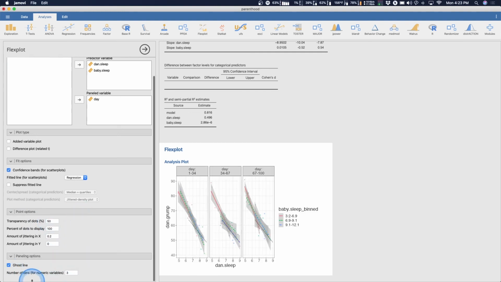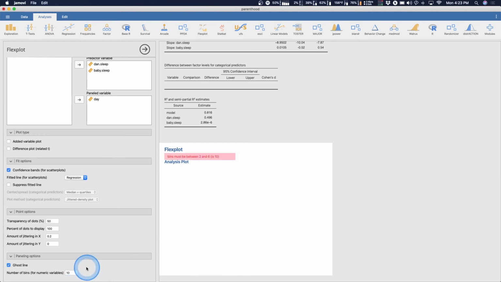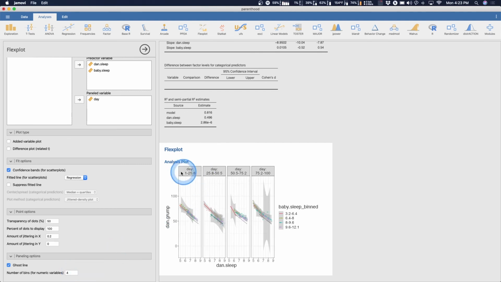And then we can change the paneling here if we want by either taking away or adding that ghost line. That's the black dotted line that you see here. That is sort of a sum of that. But you can also change the amount of bins. So we could have 10 bins. Okay, 2 and 6. All right, fine, 6 bins. Invalid labels. Labels should be 1 or 3. Okay, fine. 3 bins. Fine. Can it do 4 bins? Yes, it can. So this gets quantiled into 4 different days. So day 72, this is some wild confidence bands. Wild confidence bands. But there you go.